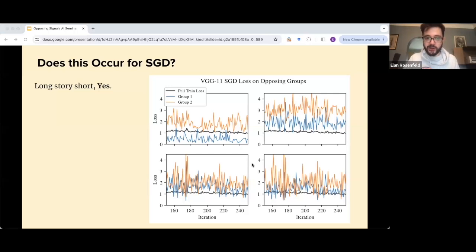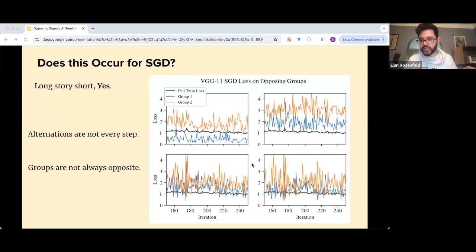I'll show in a second that we tested that this isn't just because it's a smaller group. We took the average of a random subset of the same size, and it has much smaller variance. You can also see that obviously it's not going to alternate every step because it's not gradient descent. There's randomness. And also the groups are not always going to oppose each other, because in any given step, we might not take a step along the direction of the feature on which they diverge from one another.